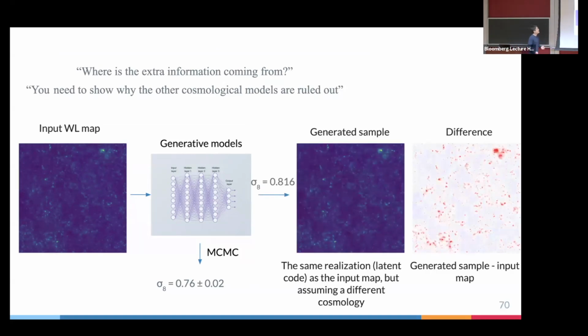Now we ask the question of why a high sigma 8 cosmology is not consistent with the analysis, is ruled out. So what you can do here is you can regenerate new data from your generative model, assuming this high sigma 8 cosmology. There's a trick we can do here to make sure that this newly generated data has the same realization as your input weak lensing map by matching their latent code. So this is essentially what the model thinks the data should look like given this new cosmological model. How can you do this if you're marginalizing over the initial